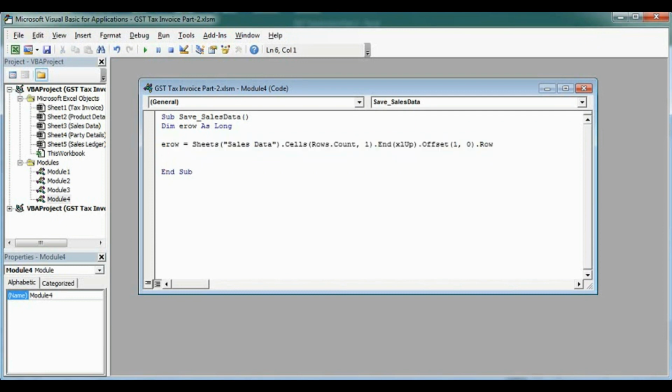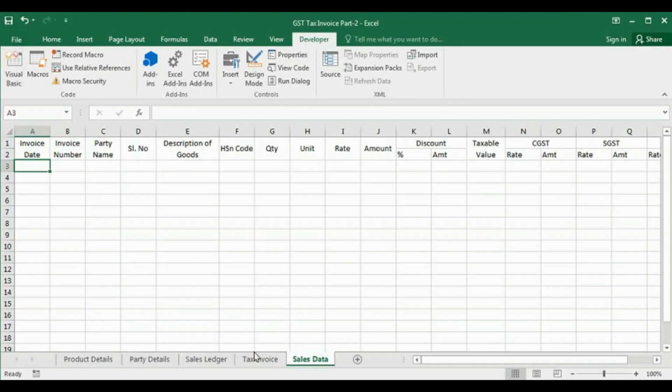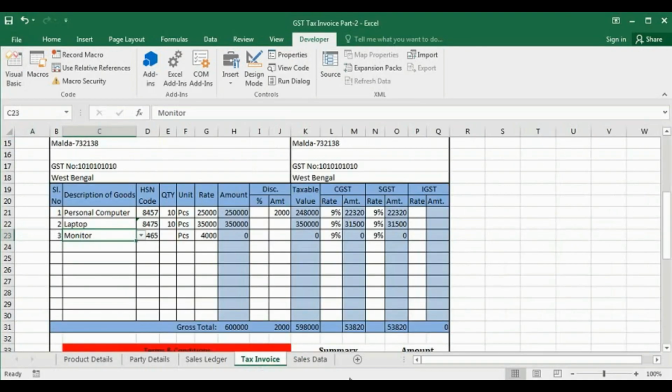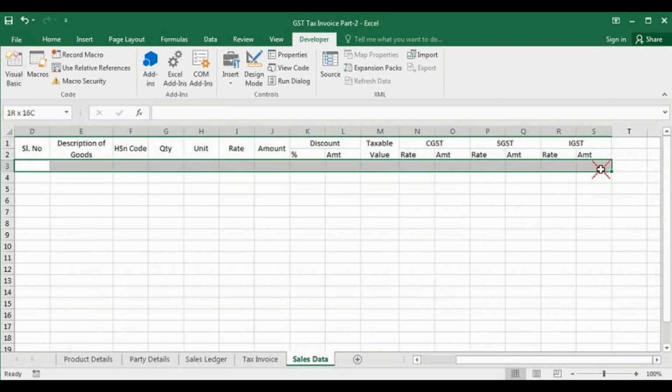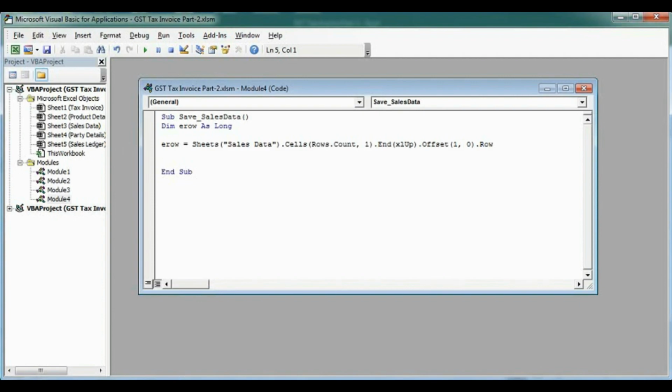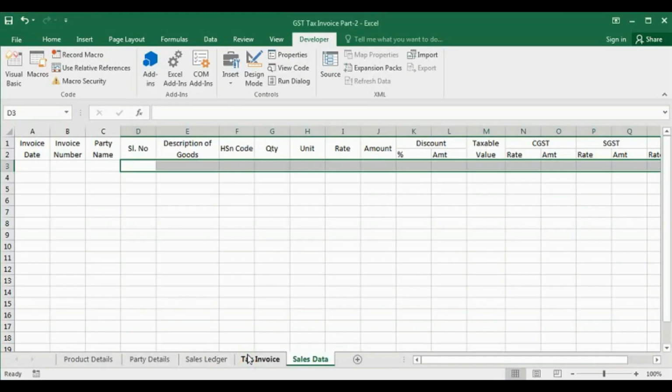Now we will do the coding for copying data from here to sales data. First we have to copy the item data to the sales data sheet, from the serial number to the last column. So we will copy data from column number 4, last row, column number 4.